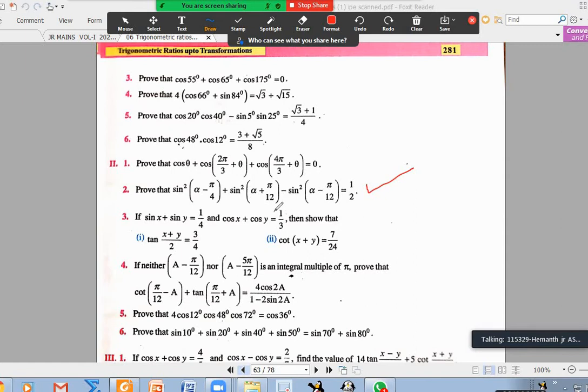Second one, sir. Yeah, we can do sin square A minus sin square B as one option, or we will convert every sin square theta as 1 minus cos 2 theta by 2. You can do either way. We'll discuss that. Sir, can you explain once, repeat once? I'm writing on the board. Okay, sir.